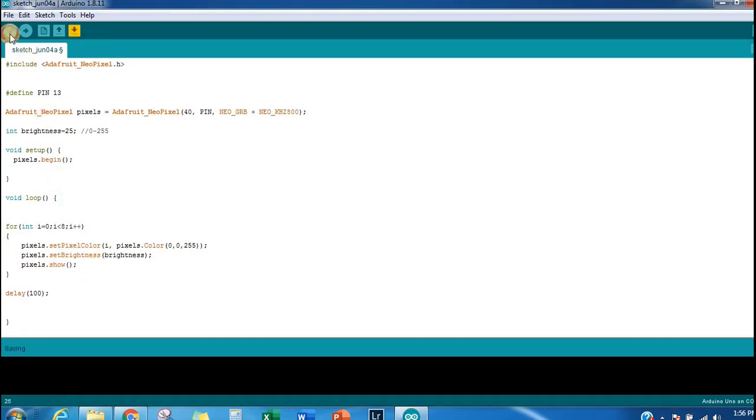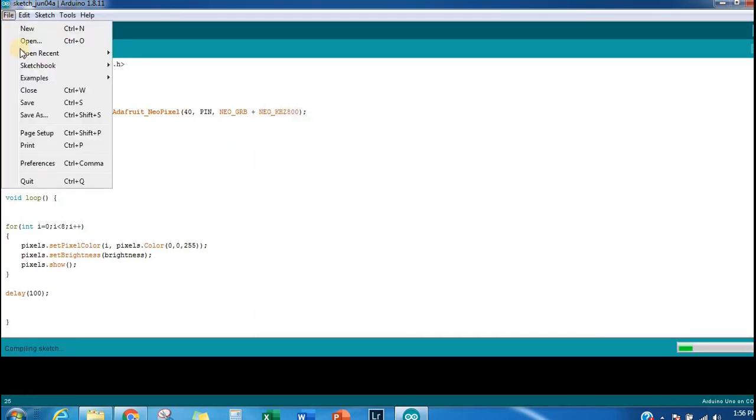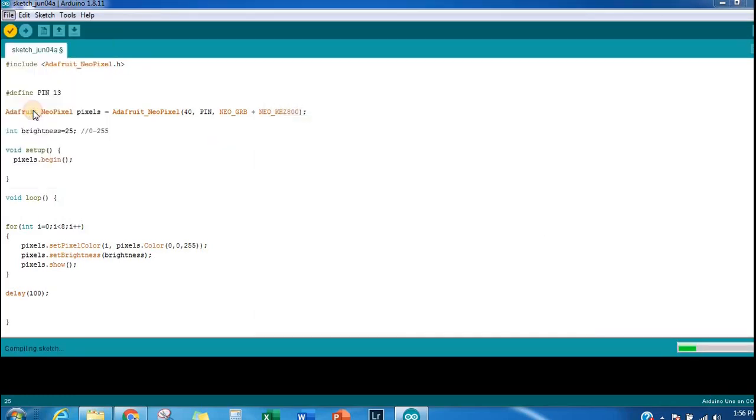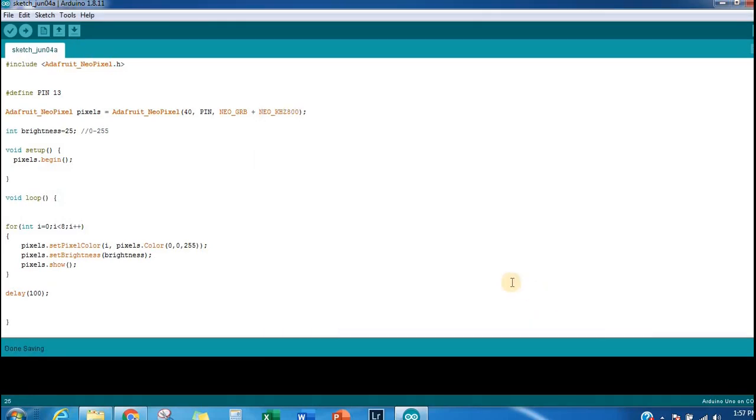Okay, let's verify the code. First we have to save the file. We saved it, and just wait for it to save.